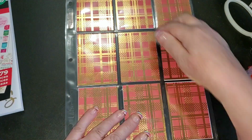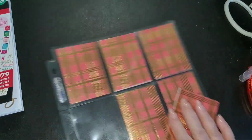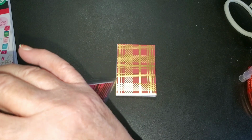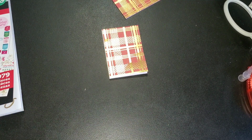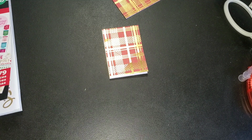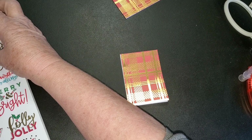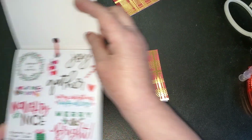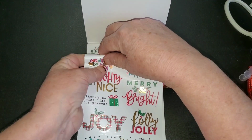So let's start with this one right here and take it out. I'll show you they can all come back out now. So I'm going to start with just a couple at a time though. And I am going to decorate this one up. I absolutely love the very first sticker in this book. And it says